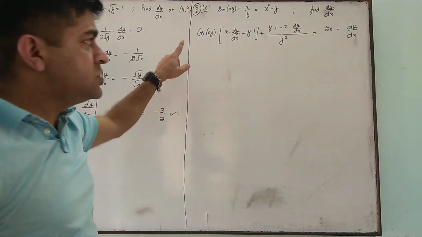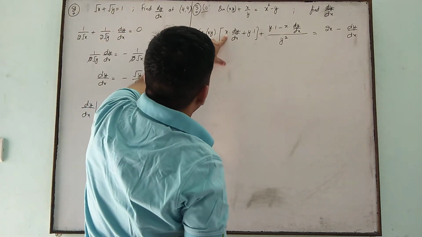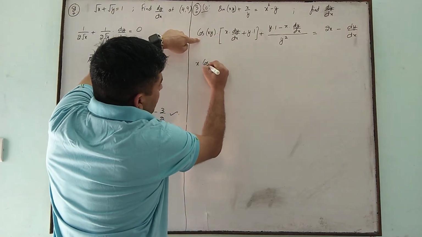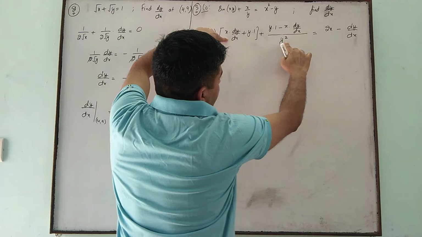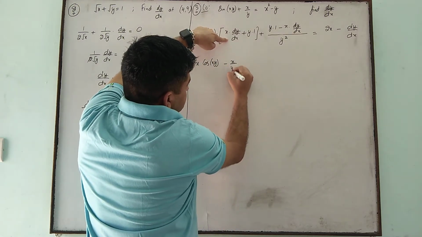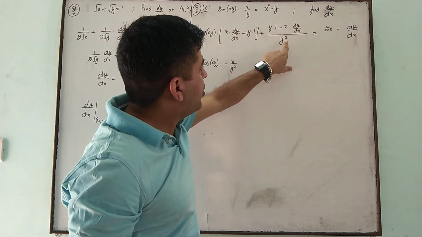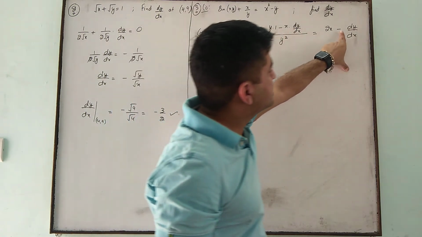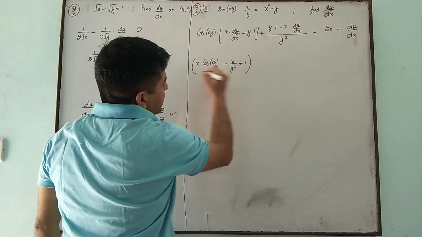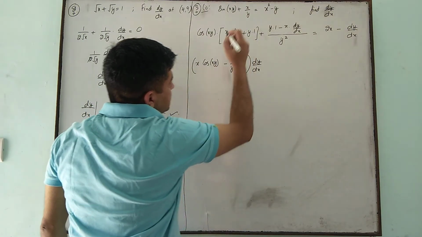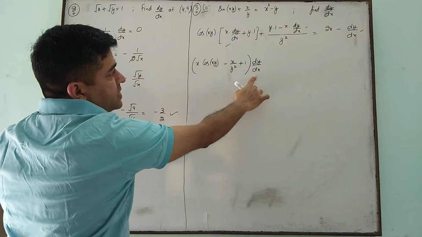Now just what you have to do is you just have to separate the terms of dy by dx only. So for dy by dx we have a term x into cos of xy. For dy by dx we have a term x upon y square. This is x into this, and this is x upon y square with a negative sign, and this is minus 1. If we transpose it to this side it will be plus 1, and all the terms are having dy by dx. See these three terms, 1, 2 and 3. These three terms now combined with dy by dx.